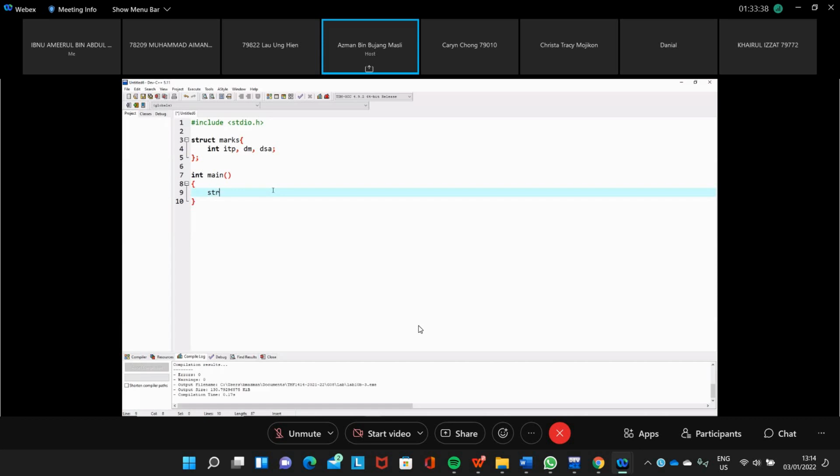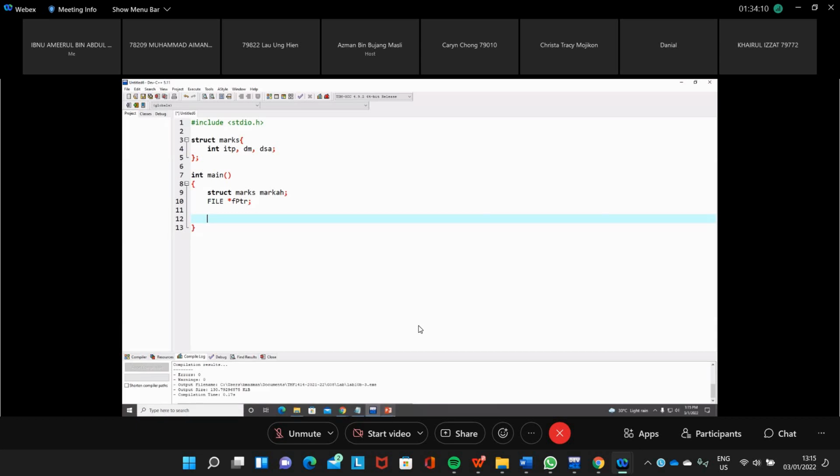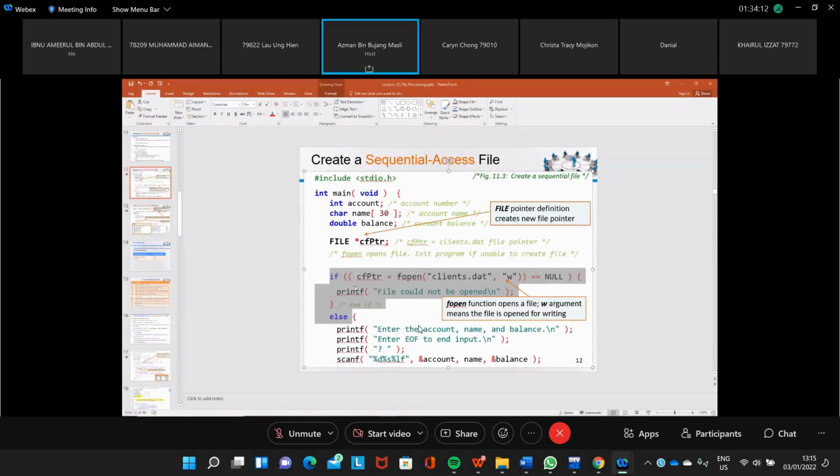So here we have struct marks, markah, for example, and then we create a file pointer to the file, fptr, for example, and then we open the file, we can copy paste this one.